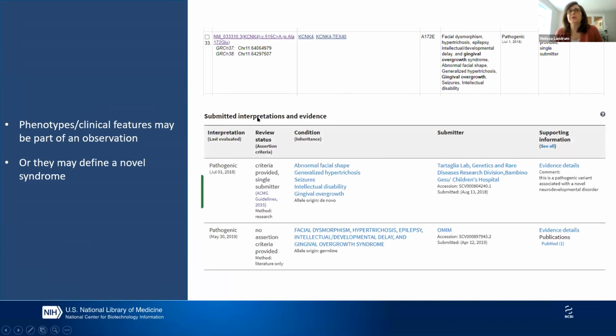you go down to the table of submitted interpretations and evidence, you can see what's going on a little bit better. So you can see we have two records for this variant. The first one came in August of 2018. You can see from the method here, this is from a research lab. You can see from their comment here, this is a pathogenic variant associated with a novel neurodevelopmental disorder. And you can see they defined that novel disorder with this set of phenotypes, and gingival overgrowth is one of